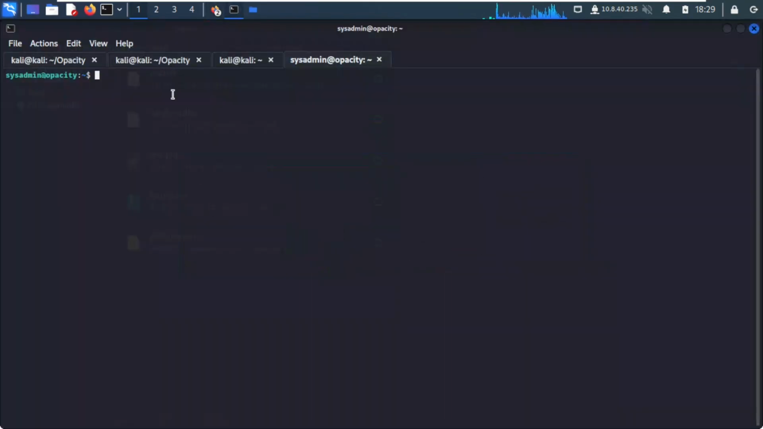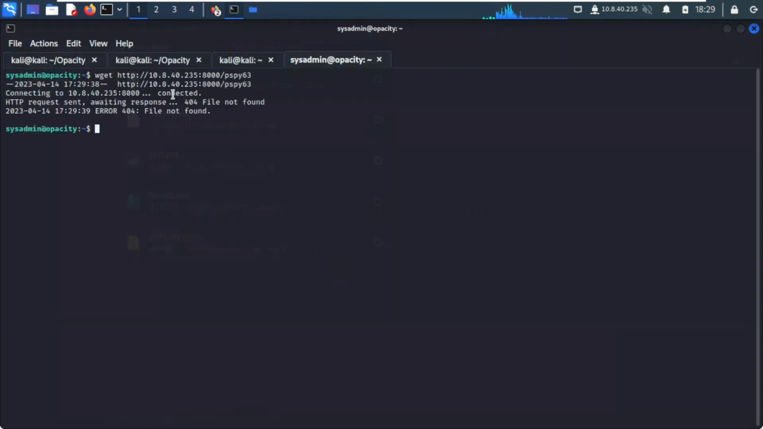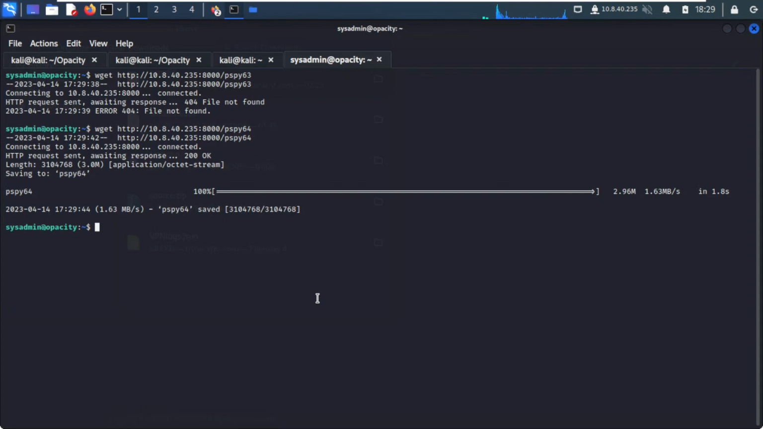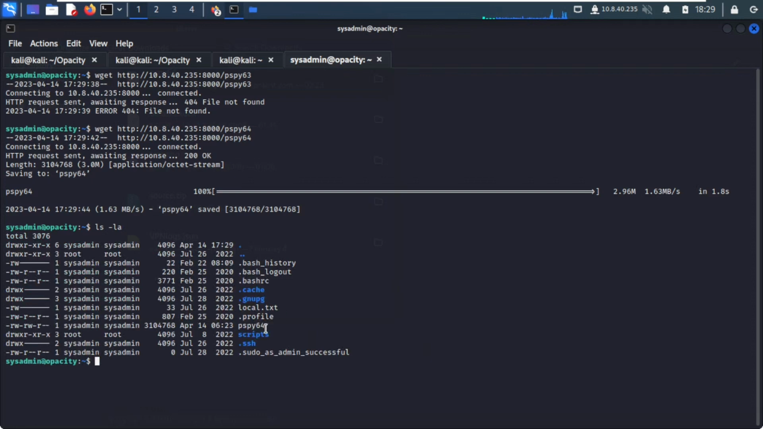Now here we'll use wget, 64, not 63. Now that it's done, let's see. Okay, we have to change its rights, so we have to add the execute. Now that we added the execute to it, we can execute it using this command,